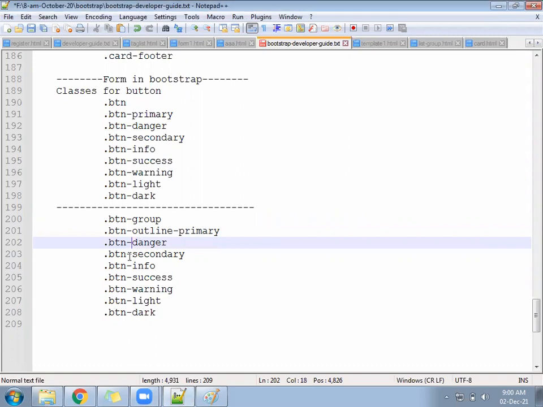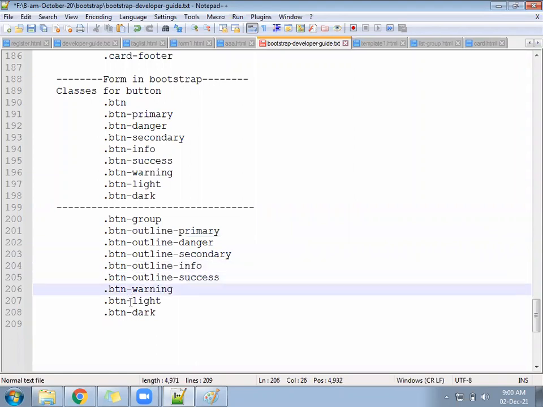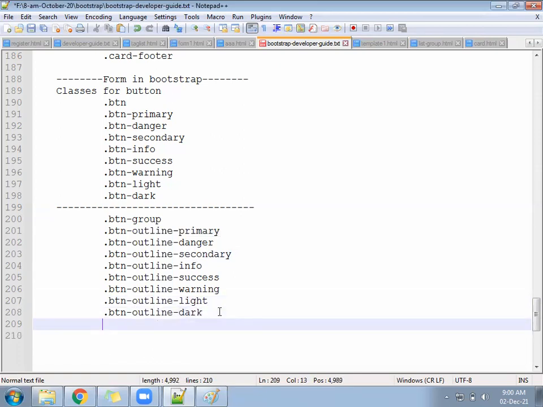There is nothing like best practice or bad practice. This is a library. If you want to learn, you can learn. According to the project, you have to follow. If they ask to write Bootstrap, use Bootstrap. If they ask to write your own CSS, write your own CSS. First, for best practice, we have learned CSS or not? We have learned CSS. Now, for bad practice, learn Bootstrap also. We have not escaped CSS, we have followed CSS.